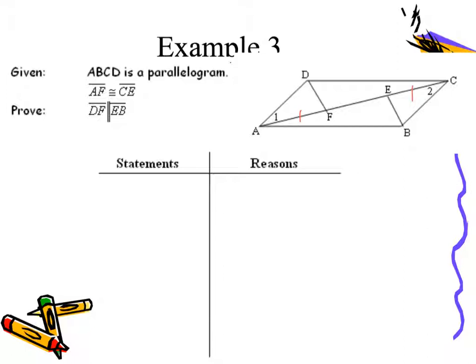I'm thinking maybe some congruent triangles to get me congruent angles by CPCTC, which will allow me to prove my lines parallel. So let's see what information we got. If I've got parallel opposite sides or congruent opposite sides, I've got a whole bunch of things I could do here. How about I've got some numbered angles? Maybe those are important. I could probably prove that these are congruent, right? If I state that these guys are parallel,